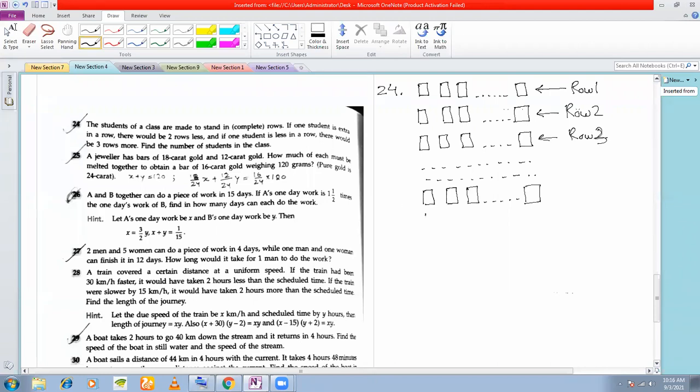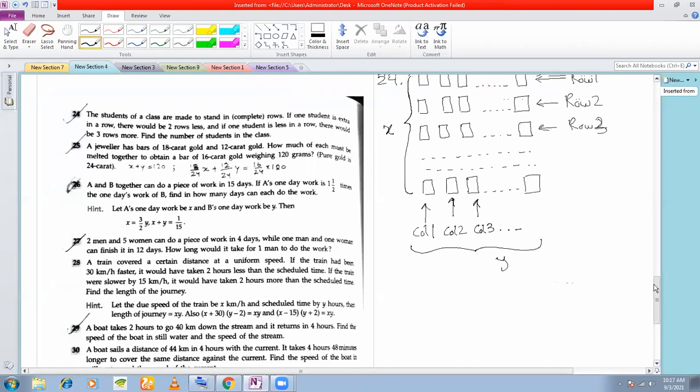Okay, these are called the columns. The vertical ones are called the columns. The horizontal ones are called the rows. So this is column 1. This is column 2, column 3, and so on. Okay. So now the students are made to stand in this manner, in complete rows. So if the students are made to stand in these rows, if I say that the number of rows are X and the number of columns are Y,